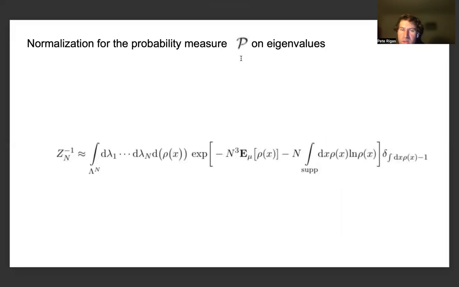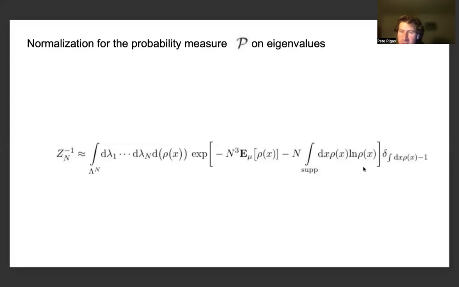And we can introduce a normalization for the measure script p on the eigenvalues, in which from the previous slide that we gave, we're able to re-express the power of the exponent, which is given in the reciprocal of the probability measure, which is relating to the effective saddle point action and the rate function, which are the quantities that we've been introducing from the paper that we've been referencing and wanting to extend their methods and make use of their methods for, in which the power of the exponent is given by a minus n cubed, where this term that's given besides the minus n cubed scaling is given as an expectation with respect to mu of some density rho of x that's supported over the real line, minus n times some Shannon entropy type term, which is rho of x log rho of x for the density over the support